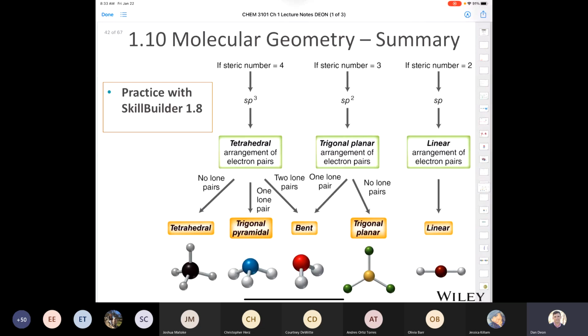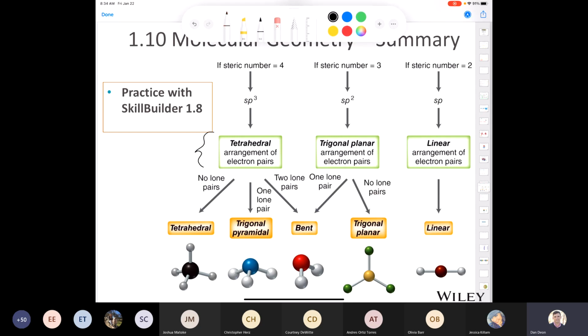So again, a little bit more help with respect to steric numbers and hybridization. A student had a question in the chat about hybridization. If you've got a steric number of 4, 3, or 2, the hybridization is sp3, sp2, and sp respectively. From the hybridization, you can tell the electron geometry right away, right? All of these green boxes represent the electron geometry. But remember that electron geometry considers sigma bonds and lone pairs, whereas